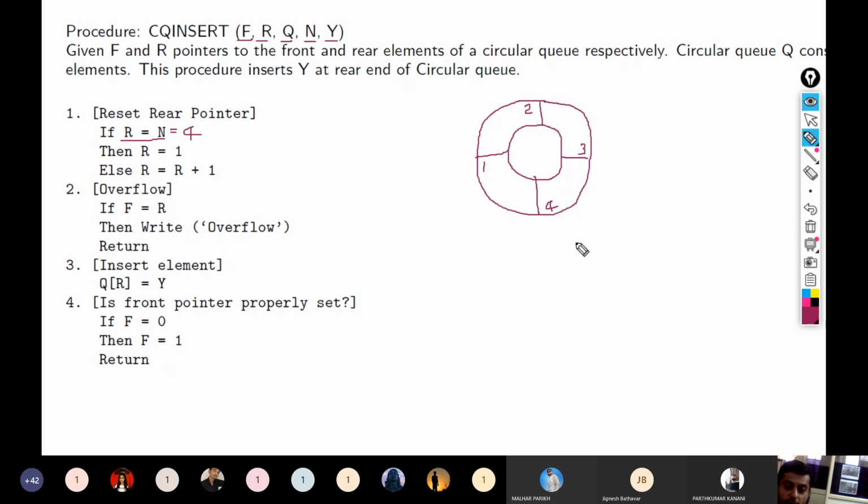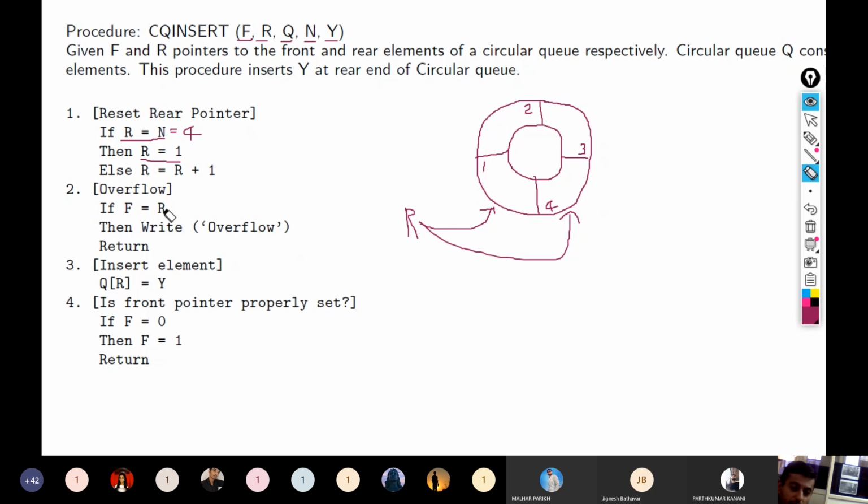So if r is pointing at this location, that means our next value of r would be 1, because whenever we want to insert in the queue, we first of all update the rear pointer. So if it is equal to n, then set r equal to 1.